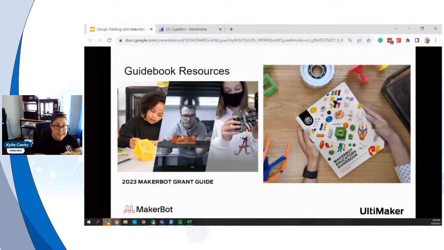So that's the hurdle for funds; we've got the resource to help get you some of those